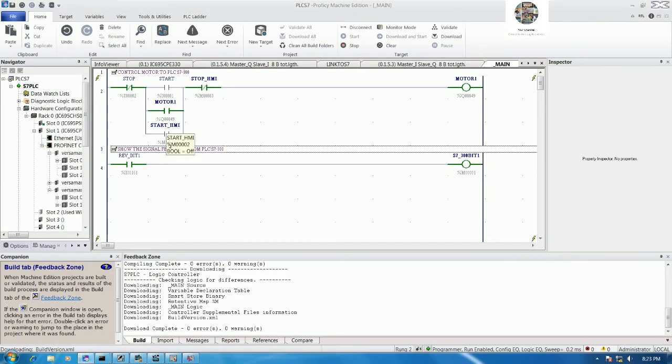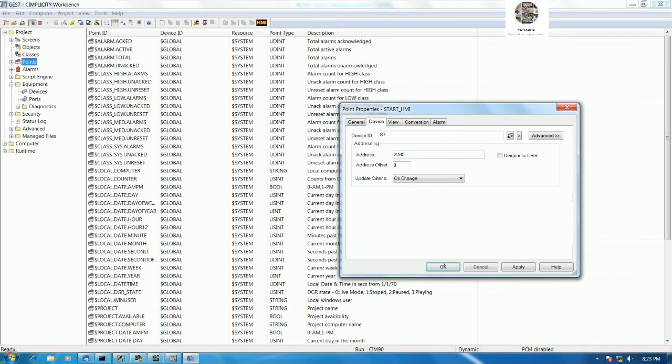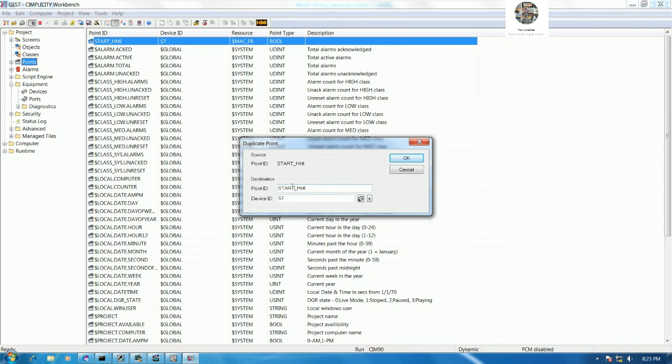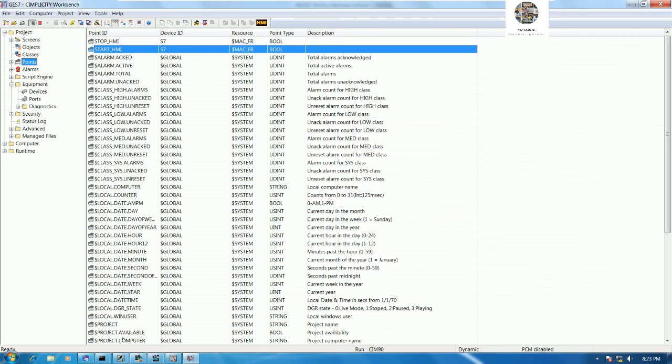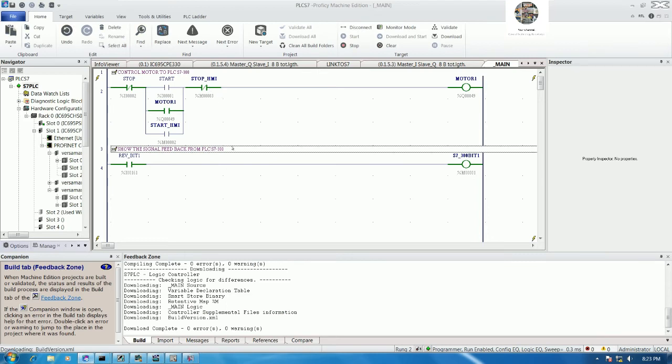This button, and one more for stop, right? So we can duplicate and change to %M3, this one,